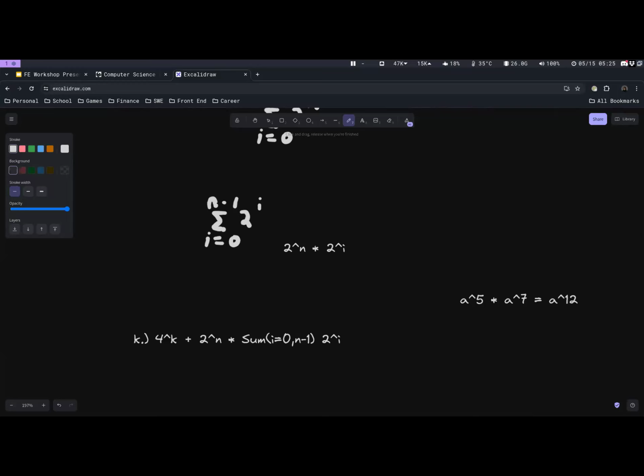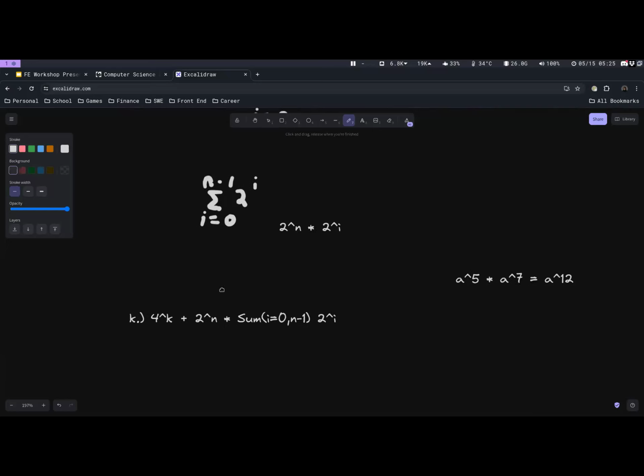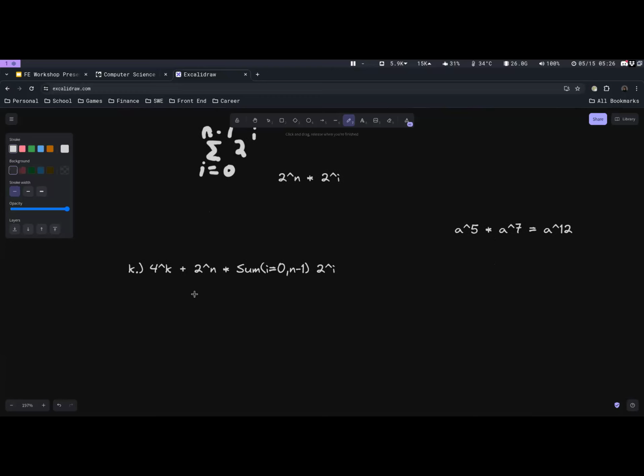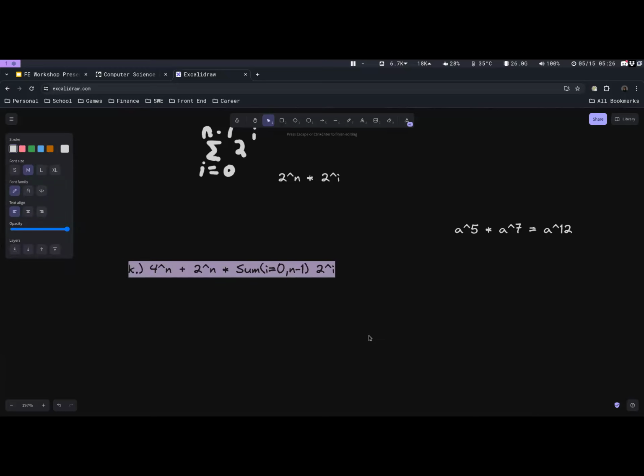Use the geometric sum formula. Awesome. There is something that we can do as well before we get started. Hold on, I'm just looking through my notes on this problem. You know what, we can keep going with this. Also, we're plugging in n. This actually should be 4 to the n, mind you, because k equals n. We want to get rid of all of our k terms. So this is going to evaluate out to